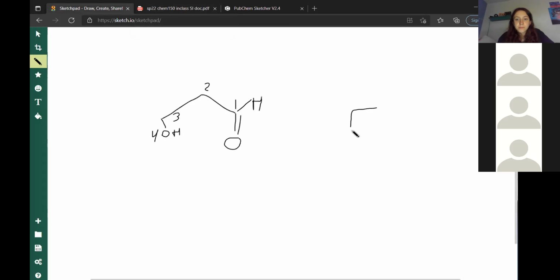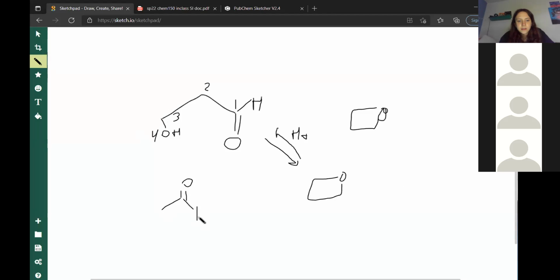Once you start getting smaller, this is what the ring would look like. Okay, that's really bad, but here you go. That's even worse. So I'm going to attempt to draw this a little better. Okay, much better. So this is what the ring would look like. This is not very stable at all. And so this is not easily going to become a ring, like it would be with the 5-membered ring. If it was a 6, say this had 6 carbons on the chain, it'd be super, super ready to turn into a cyclic. Say there was only 2 carbons,